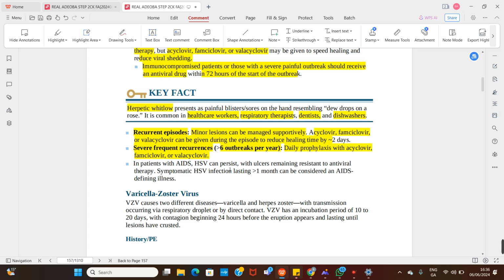So give them acyclovir or valacyclovir or any of them daily as prophylaxis, because you want to limit the outbreaks. So people with HIV/AIDS can have infection with herpes simplex, and they'll start when they manifest,